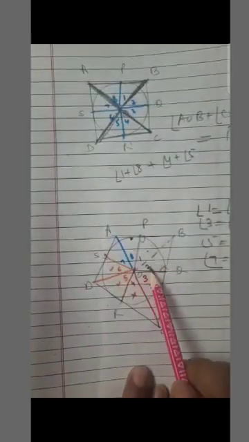Now according to my question, I have to prove that angle AOB plus angle COD is equal to 180 degrees. Now in angle AOB, my angle number 1 and 8 are coming. And in angle COD, my angle number 4 and 5 are coming. Right? Now according to this figure, I have proved that angle 1 is equal to angle 2, 3 equal to 4, 5 equal to 6, and 7 equal to 8. This you have already proved. But I want angle 1, 8, 4 and 5.